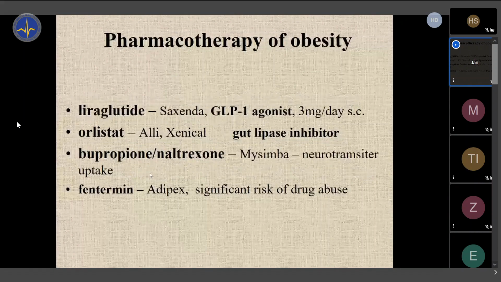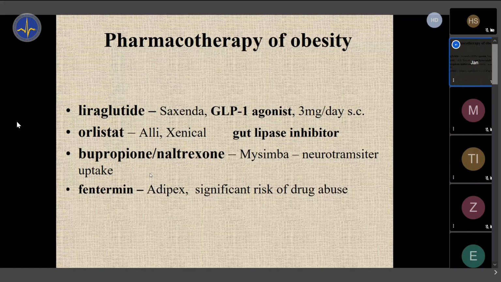So what I want to add on is pharmacotherapy and then surgical therapy, because you'll be doctors, you should know also about drugs which are available and procedures. So what do we have in Czech Republic and in Europe, generally speaking? What is available? It's slightly different from the US market. The US market has some other substances which are approved in the US, but were not approved in Europe. So I'm just saying, in case some of you are from the US, you have more options. But in Europe, we have option number one.